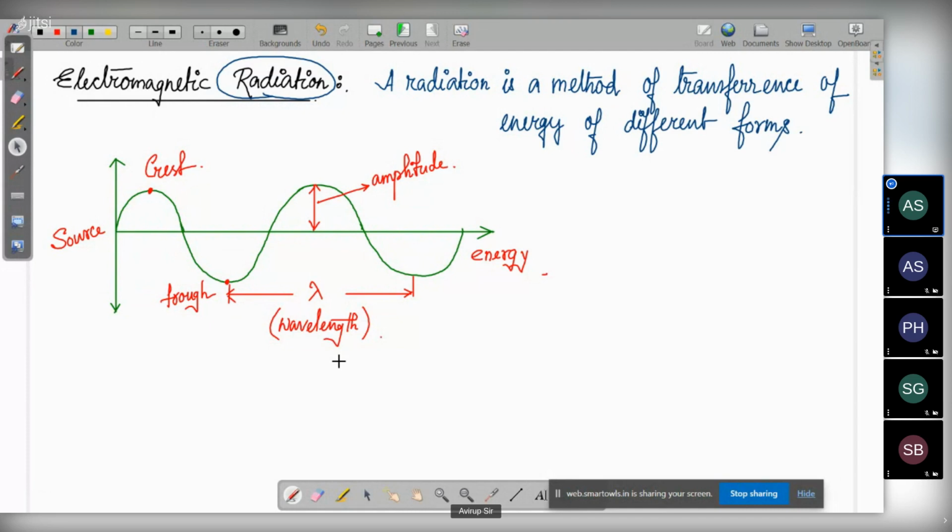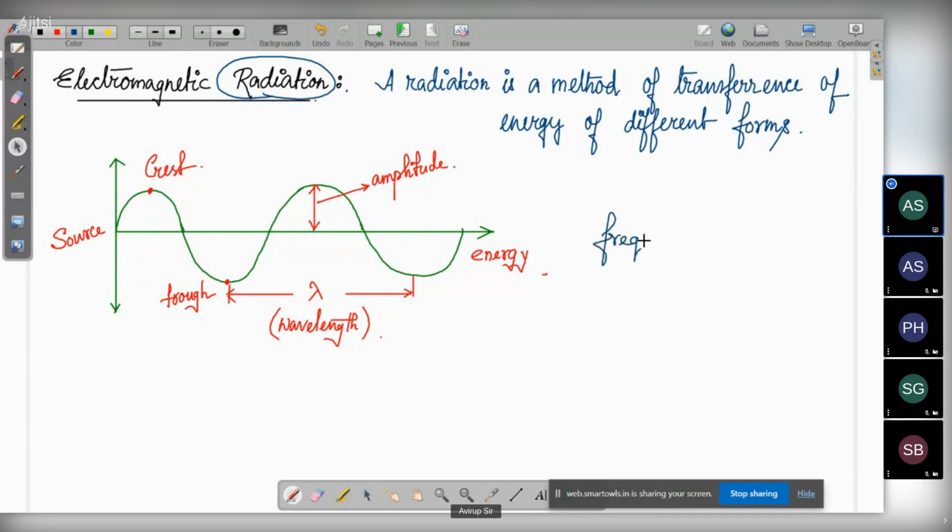Now this is just how to identify a wave. These are the markings on a wave. They will not be asked in your exam, but you need to have a basic idea of them in order to apply them in different numericals. Now there are also other things regarding a wave, which is the frequency of a wave. So what is the frequency of a wave?